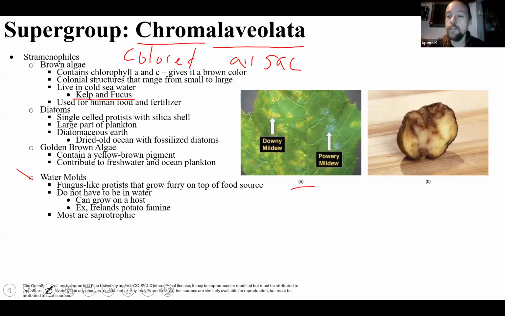If you have studied the Irish potato famine, this is a very big catastrophe in Ireland, where they relied on their potatoes to get them through the winter, and a lot of the potatoes didn't make it to harvesting because they were rotting in the fields. They thought that rot was coming from fungus growing in the soil, but actually it was a very damp year that year and there was too much water in the soil, and these water molds grew and destroyed the entire potato crops.